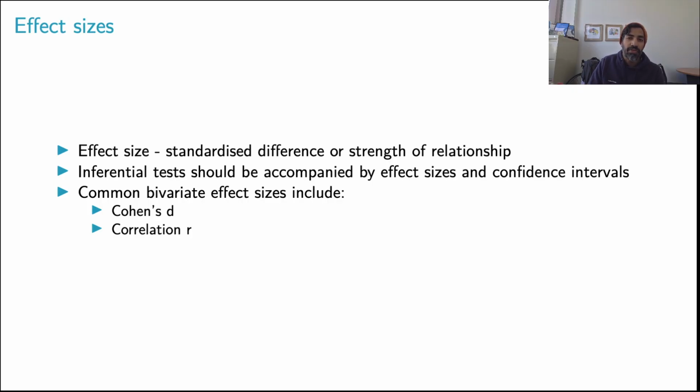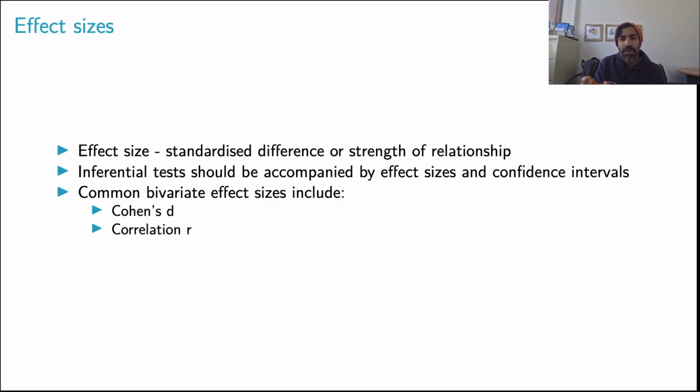How is it measured and quantified? And we talked about all different things that could be effect sizes. If you're looking at the mean difference in weight between people of two groups, then that could be an effect size. You can standardize it to get a strength of the relationship. An inferential test should be accompanied by effect sizes and confidence intervals, so that you get a level of measurement